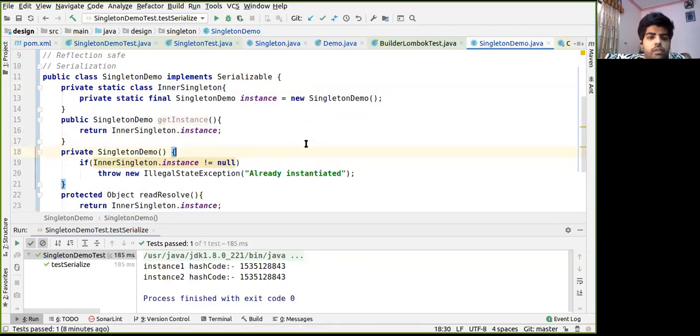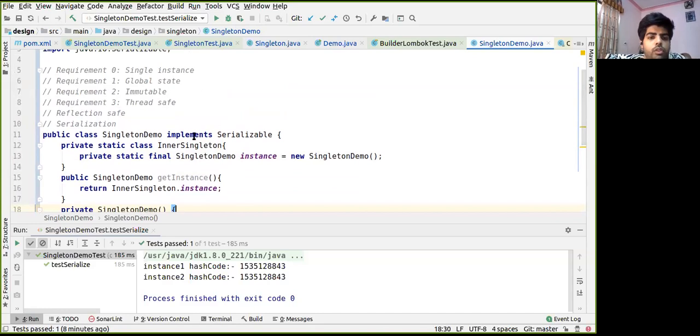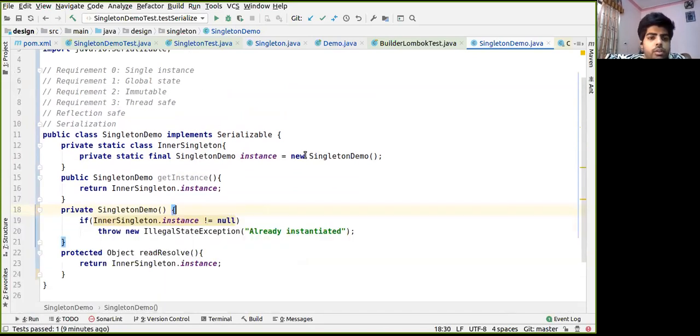Okay, so with this method we have almost fulfilled every functional requirement as well as non-functional requirement.